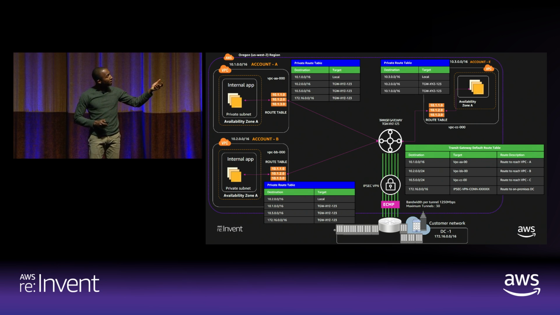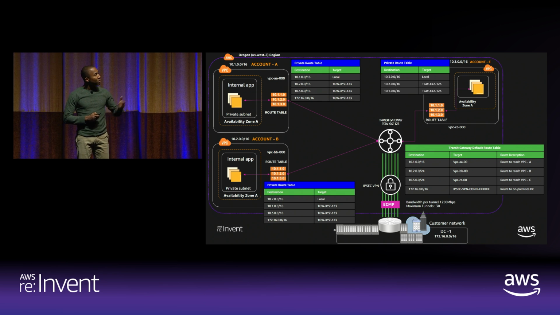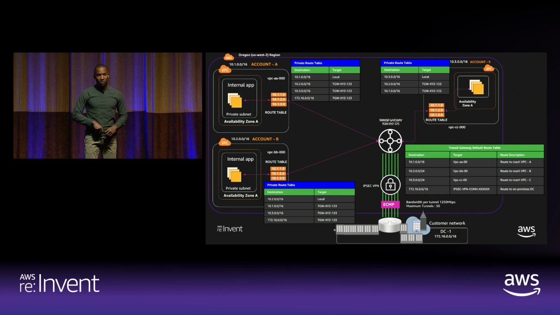And if you look closely, you'll see a 172.16/16 route being specified that goes through the Transit Gateway as well. That 172.16 is the route for accessing resources on premises. And if you look at the Transit Gateway's route table, you'll see that there's an IPsec configuration there to the 172 network. So within the Transit Gateway's route table, what you'll see is a destination and the next hop infrastructure.